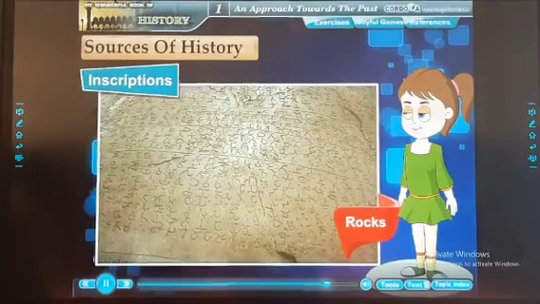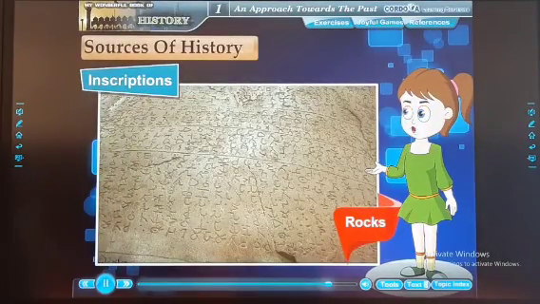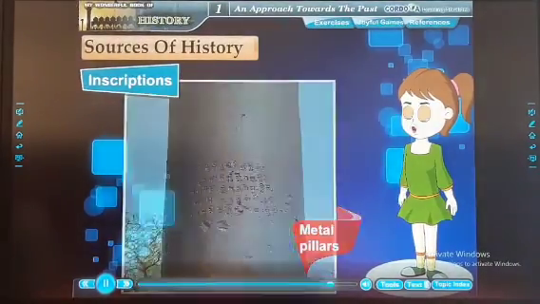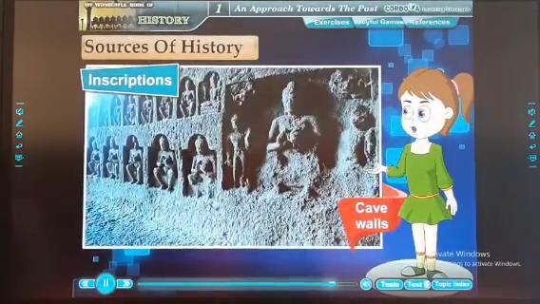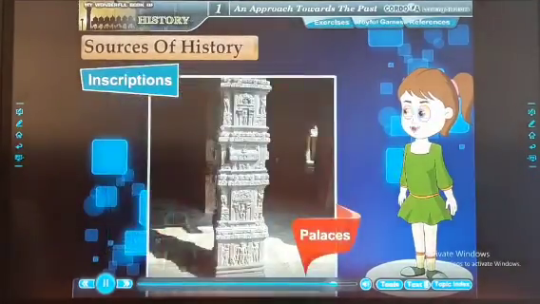Inscriptions. Inscriptions are written records engraved on rocks, metal pillars, copper plates, cave walls, walls of temples and palaces, and